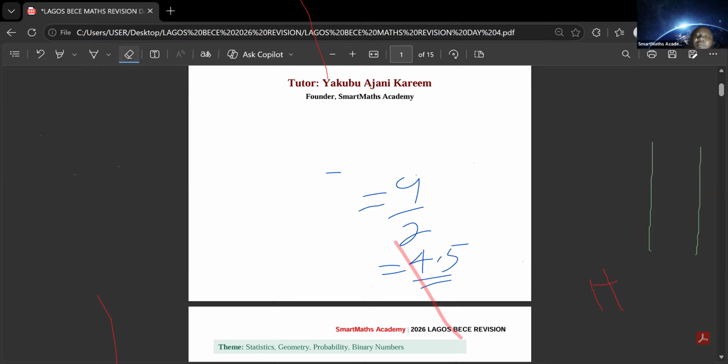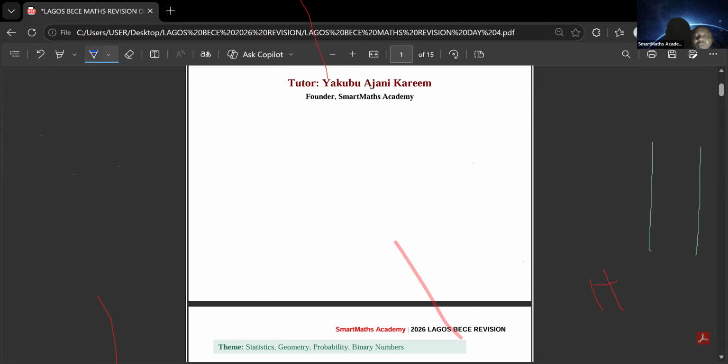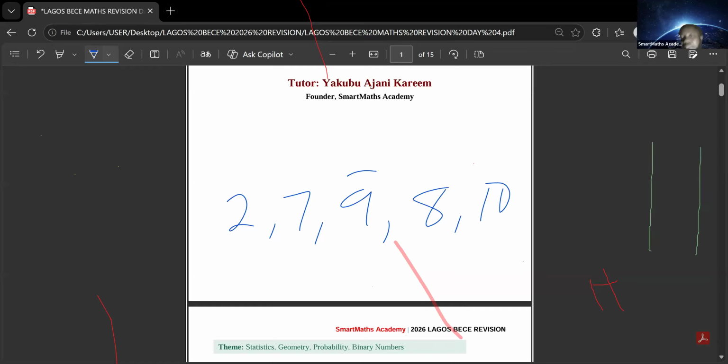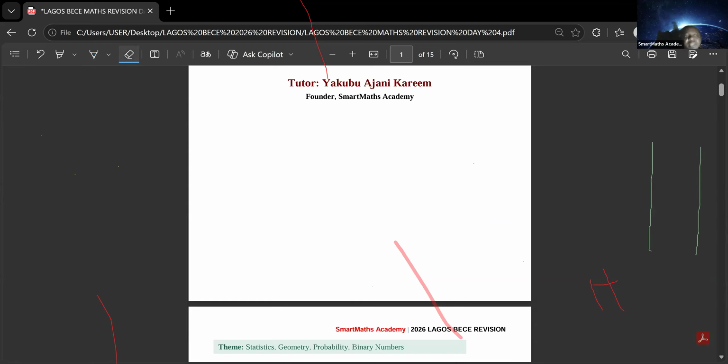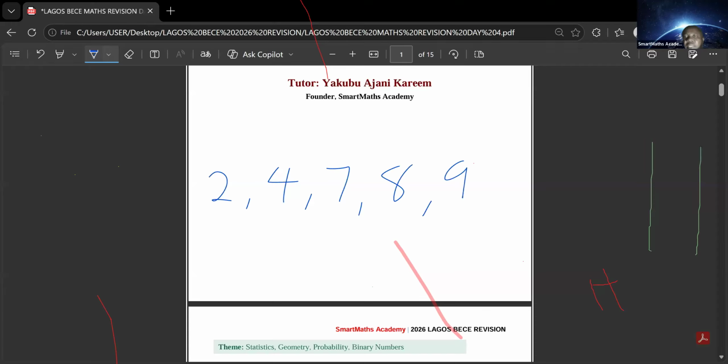If we have the numbers 2, 7, 9, 8, 10, all the numbers we have here are 5 numbers, which means the middle number is going to be 9. So you cannot say we have 3 numbers at the middle. No, it won't work that way. The middle number is just 1. But if we now have 6 numbers, like 2, 4, 7, 8, 9, and 11,